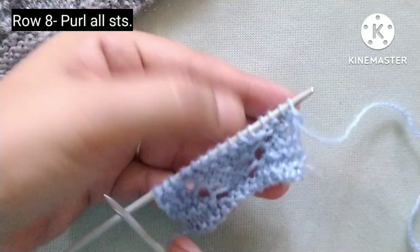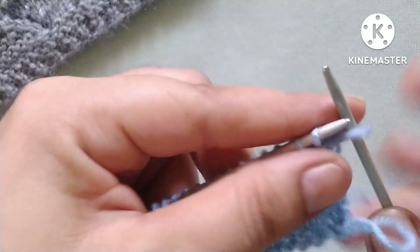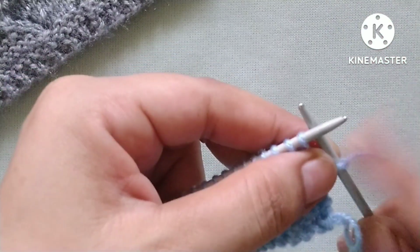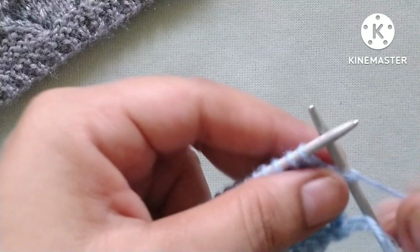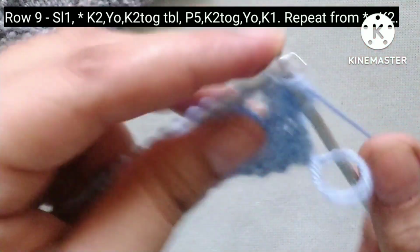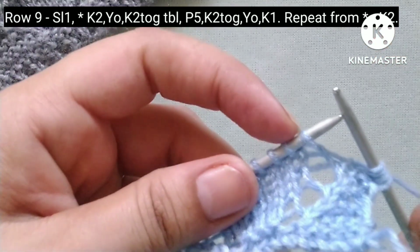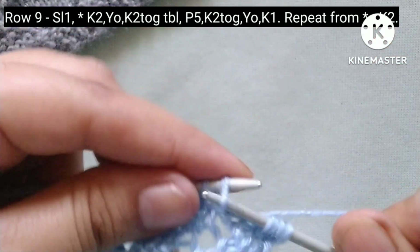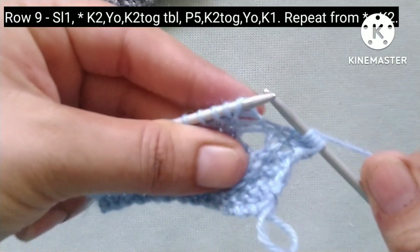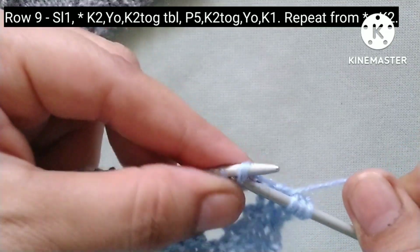8th row, we will purl all the stitches in the 8th row. 9th row, slip the edge stitch. After that our pattern will start, and the pattern is knit 2 stitches, 1 and 2, then yarn over. Now we will twist this stitch like this and knit 2 stitches together through the back loop